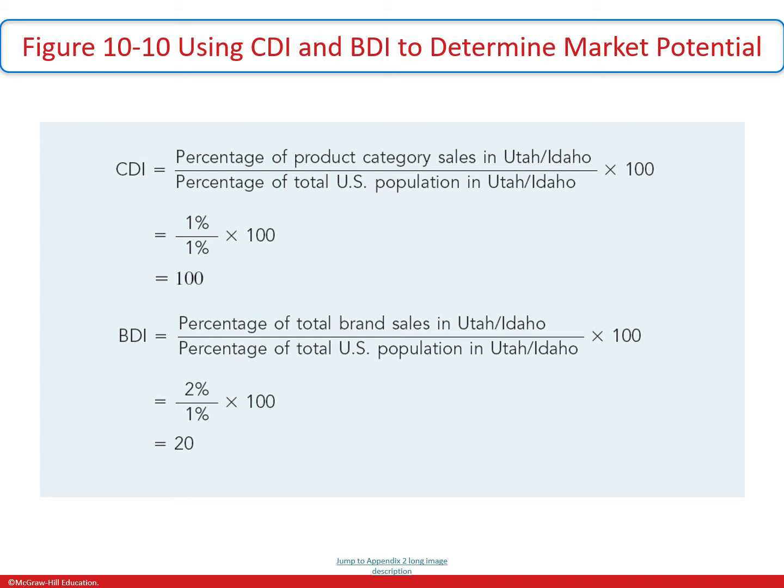Now, the Category Development Index looks at the percentage of product category sales over the percentage of total population in that particular locale, right? Whereas that was the Category Development Index. The Brand Development Index puts the percentage of total brand sales in that area over the percentage of the total population in that area. So as you can imagine, here with the CDI,